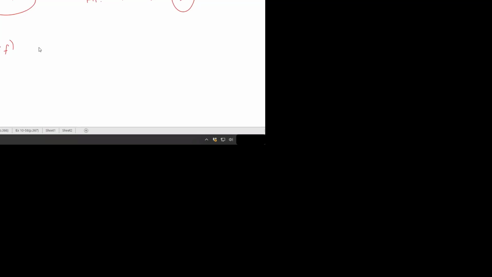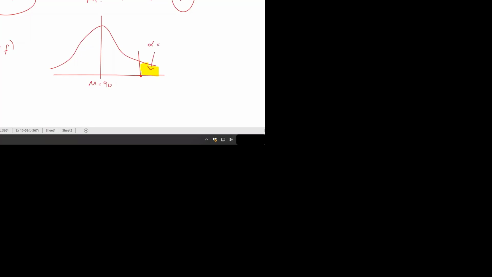So if we were to draw the distribution that illustrates this problem, here it is. The hypothesized value is equal to 90. On the right side, because this is a one-tailed, right-tailed test,